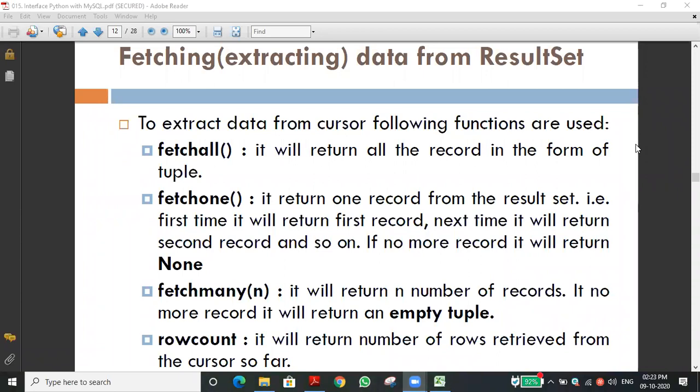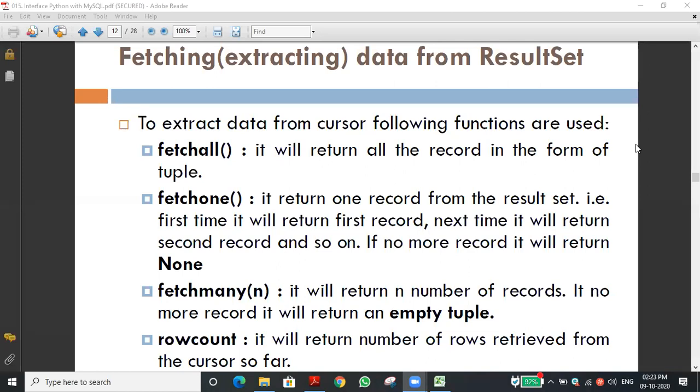Sir, the fetchall function will return all the records in the table from SQL in the form of tuples. Very good. So the fetchall function will fetch all the records from the table which we gave. Retrieve means return or read, whatever word we can use. It will return, meaning it will give to the Python program. It is a function, no? That's why it is returning all the records.